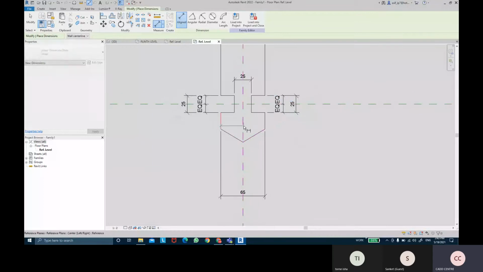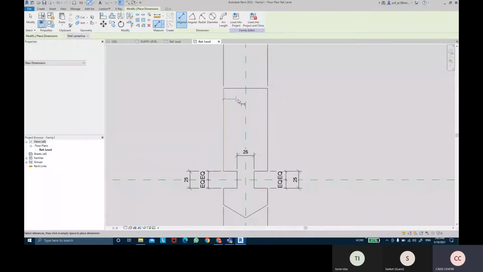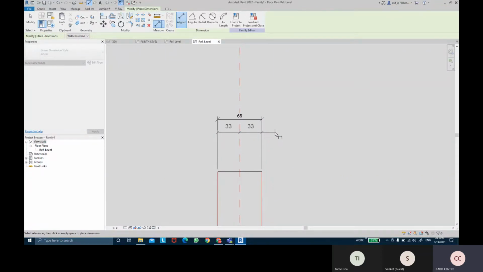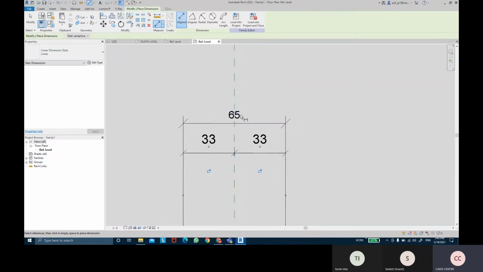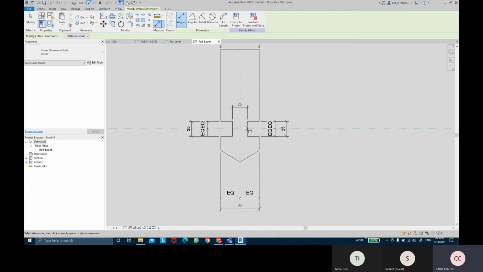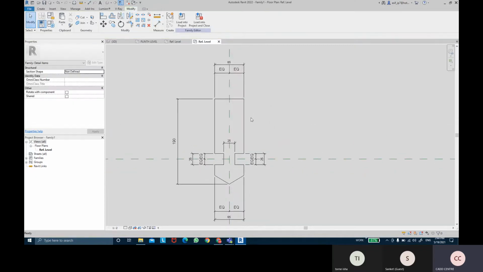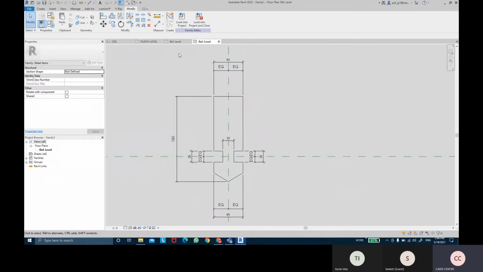Equal. We got that shape almost copy pasted again.